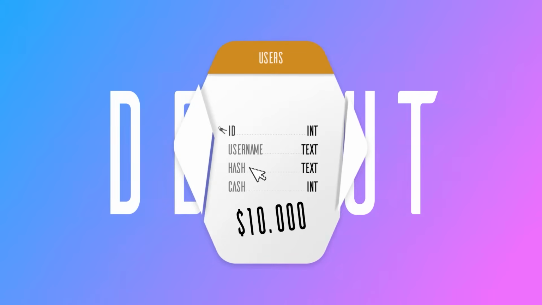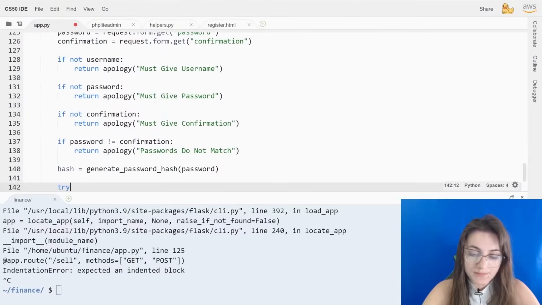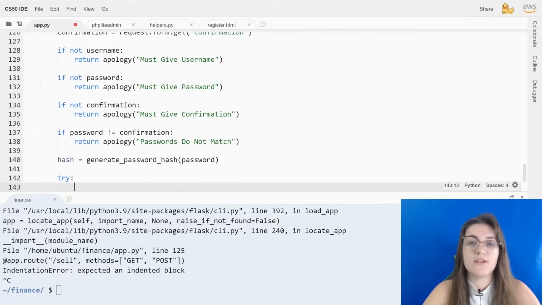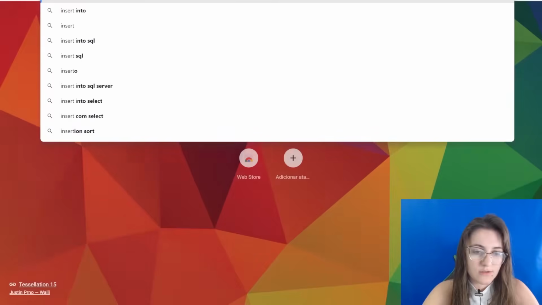These are the only two columns we have to insert info, all right? So how are we going to do this? We're going to do the try, okay? So what are we going to try? We're going to do the insert into. So if we take a look here, insert into